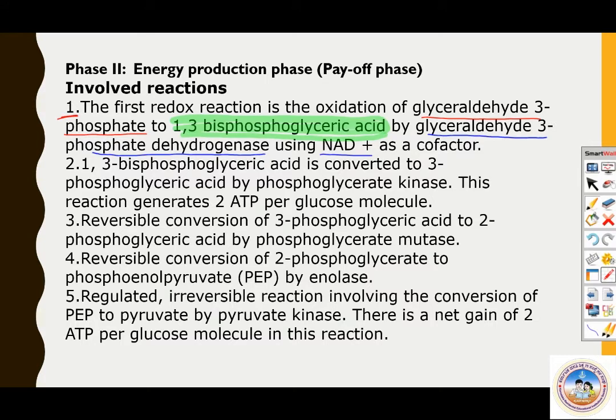Next. Moving on to the next step. Second step here, the 1,3-bisphosphoglyceric acid is getting converted into what? It is getting converted into